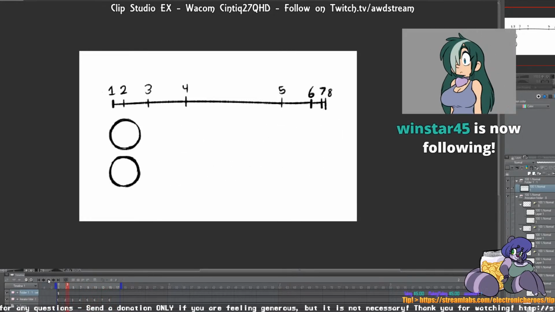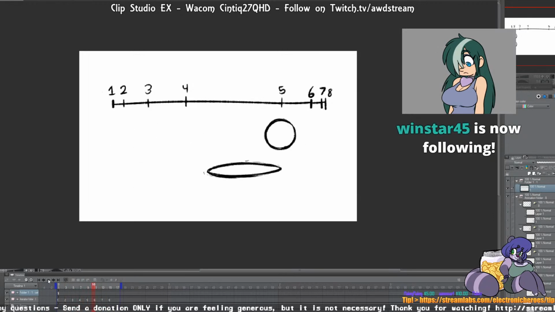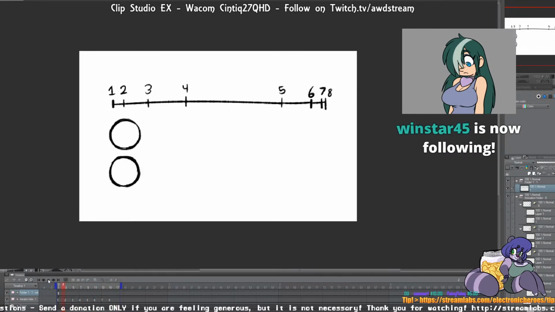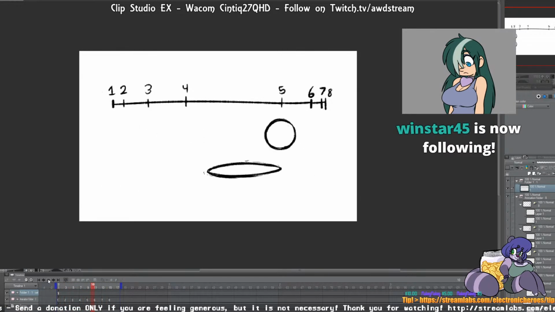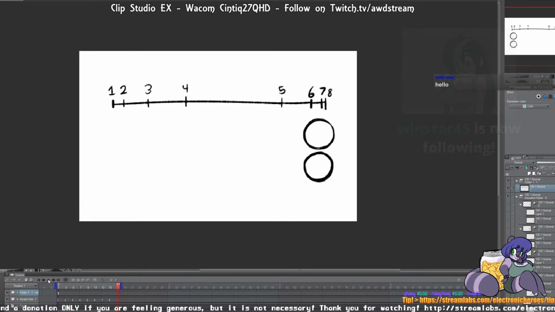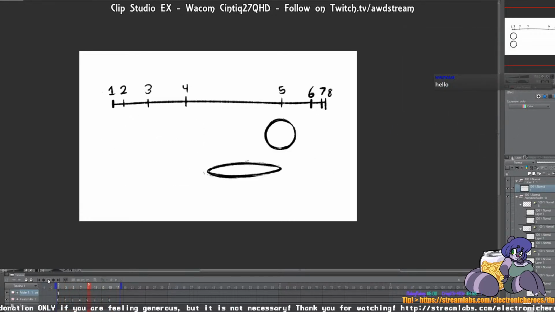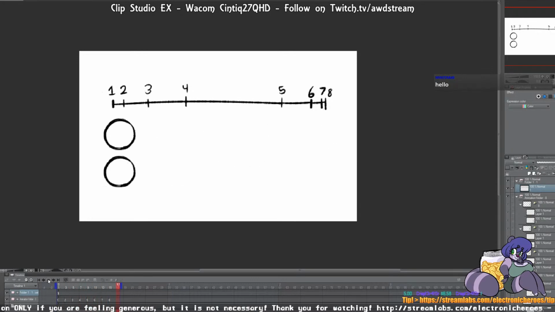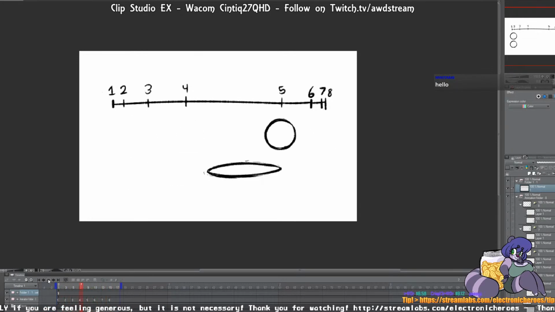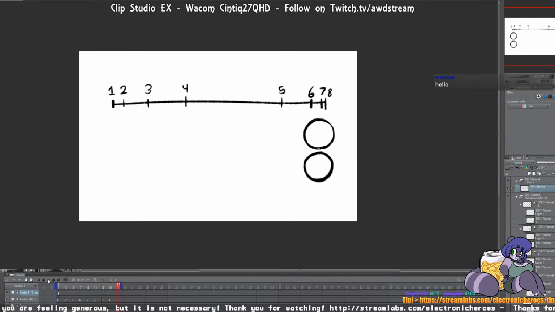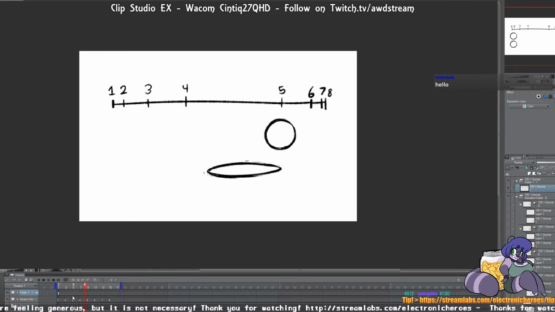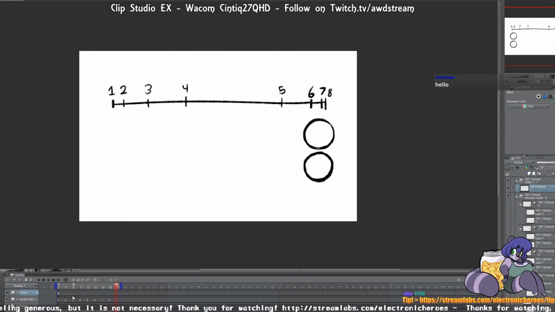But that's CG animation, where you're not making a drawing. You're taking a model and making it move from one spot to the next. That's a little bit more advanced. And there's also 60 frames per second, and I'd call that the Nintendo